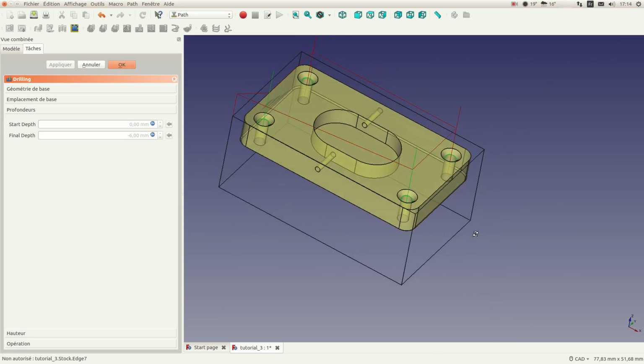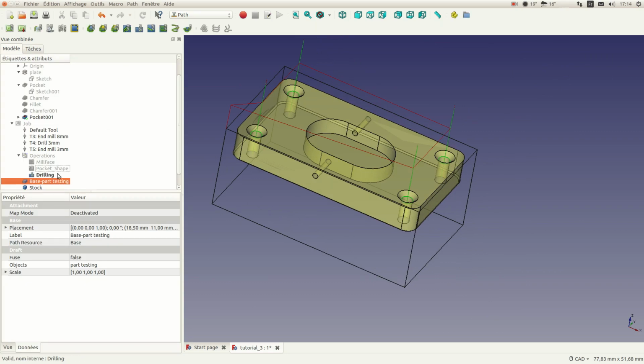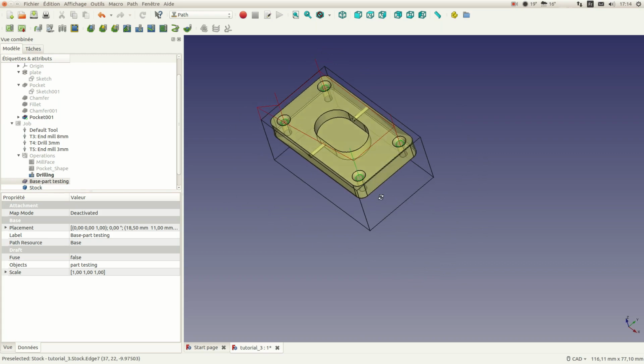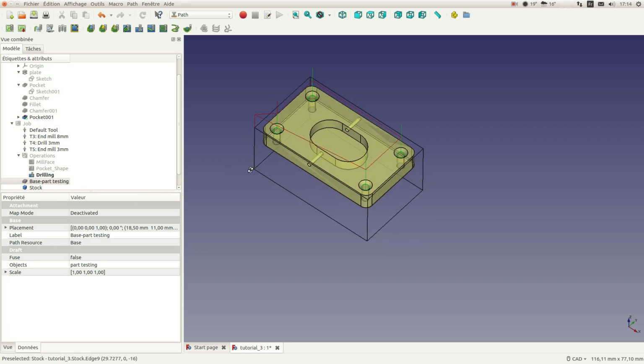So it's one way, but imagine that you want to do it another way with a smaller end mill, for example. So I will show you another way to create holes. Sometimes people like to make a drilling operation and then make the finish hole with a small helix inside. So it's possible